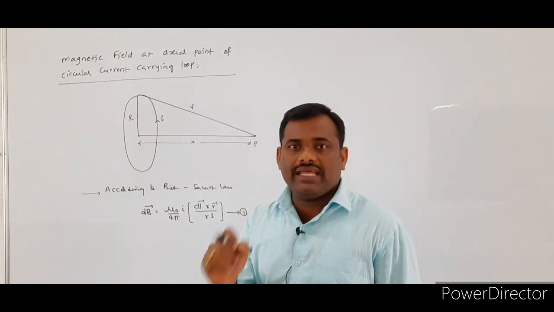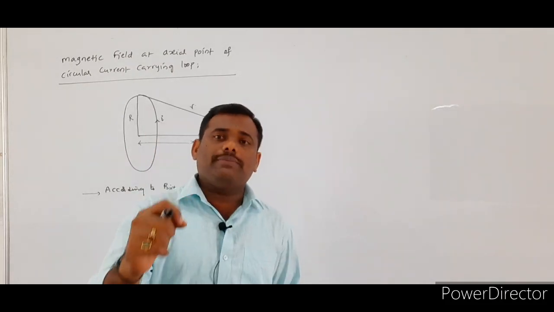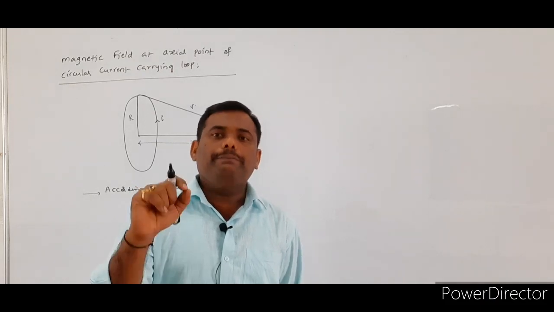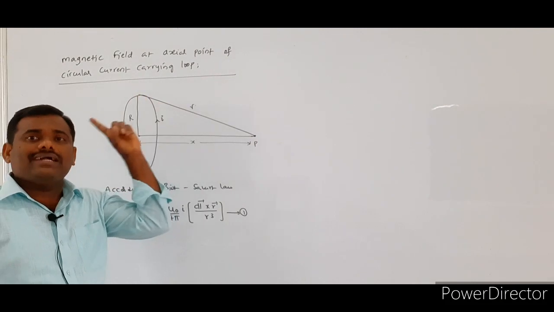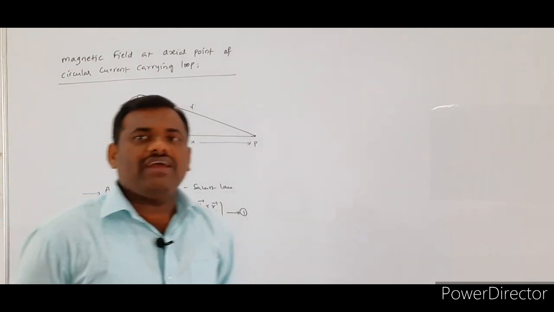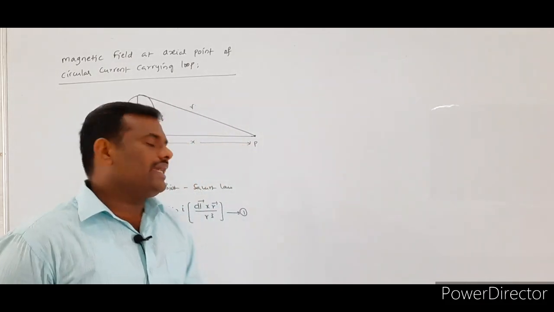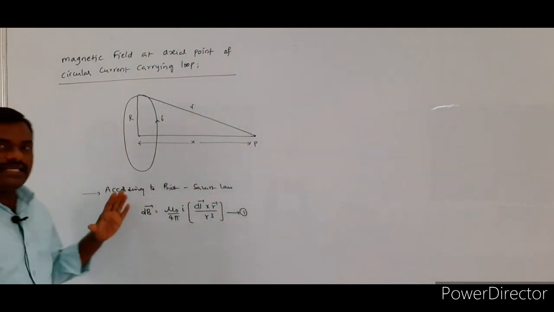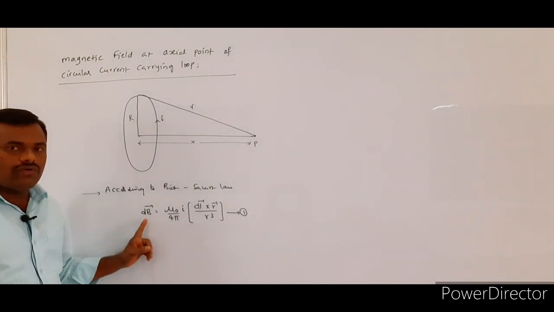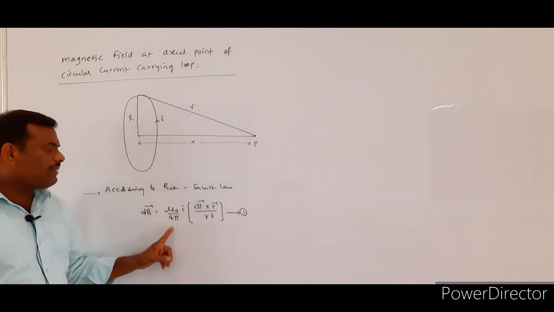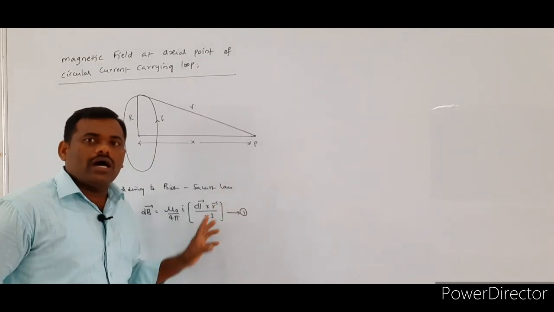This point is very, very important. All the applications that we are going to discuss now are based upon the Biot-Savart law. The first application of the Biot-Savart law is the magnetic field intensity due to the circular current carrying coil. So for that I consider just the fundamental equation of the Biot-Savart law, that will be given by what? dB bar is equal to mu naught by 4 pi into I into dl bar cross r bar by r cube.